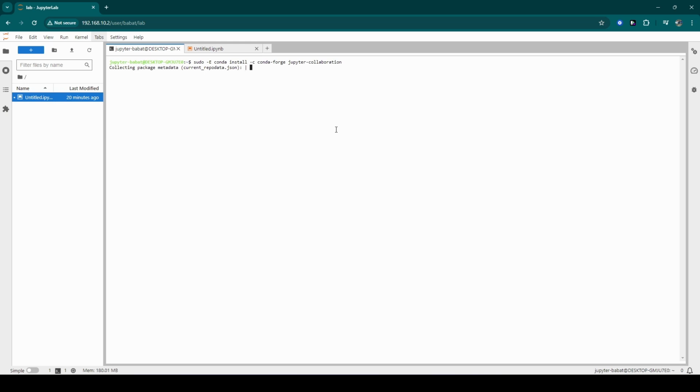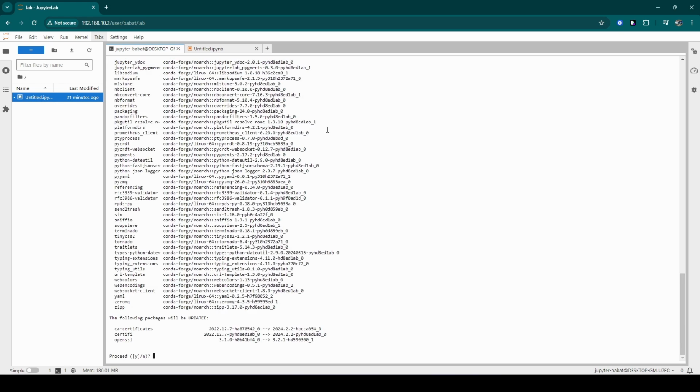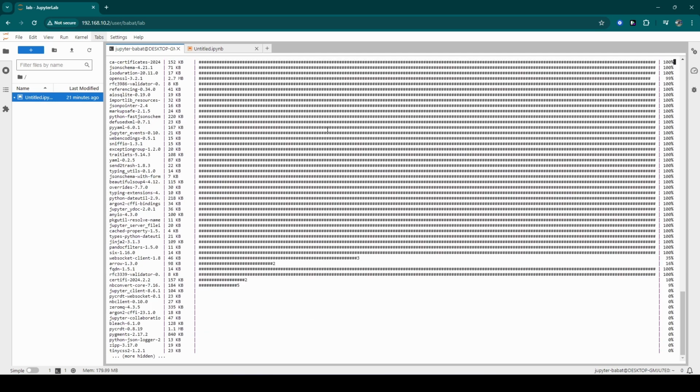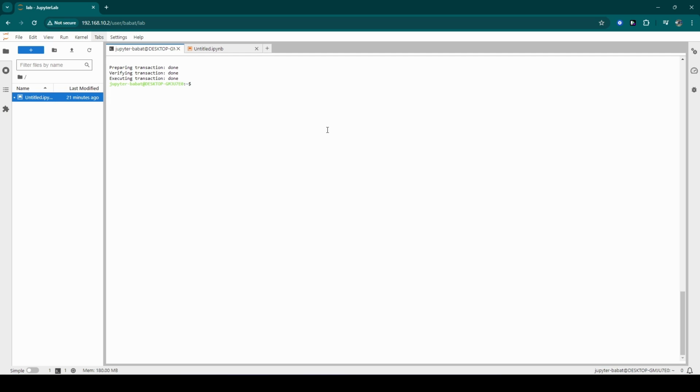Wait until the process is done and we press Y for yes. Now we have successfully installed Jupyter Collaboration.